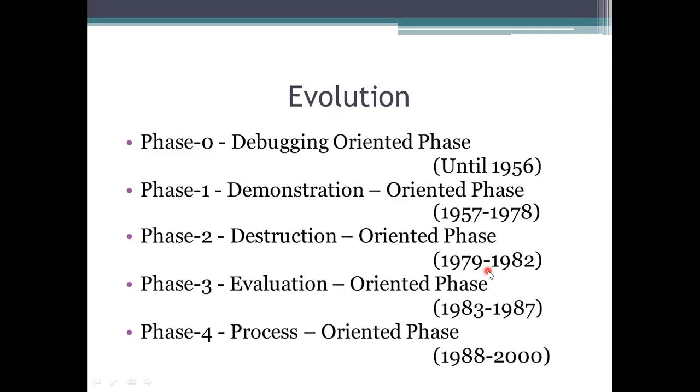And coming to the last one, which is phase 4, that is 1988 to 2000, which is the prevention oriented one. So here, from the previous 4 phases, we were considering human beings as involvers for testing. So in this process oriented phase, we need to specify automation to be done for that one. And next, what to be tested and what not to be tested. Means tested code and not tested code are the things that have to be differentiated here.